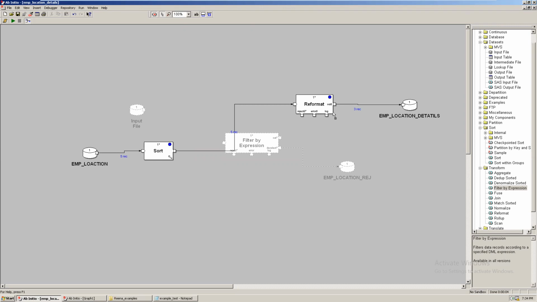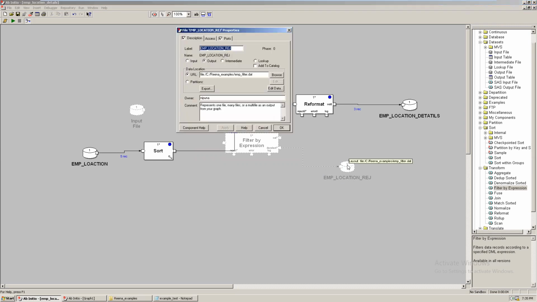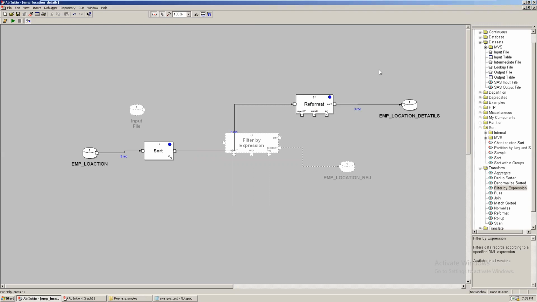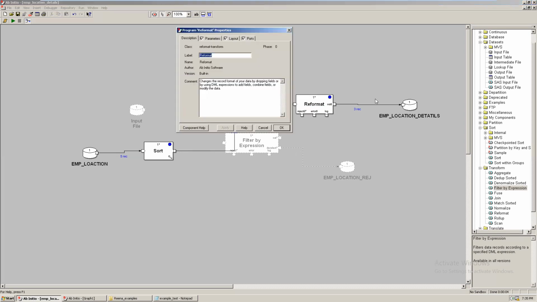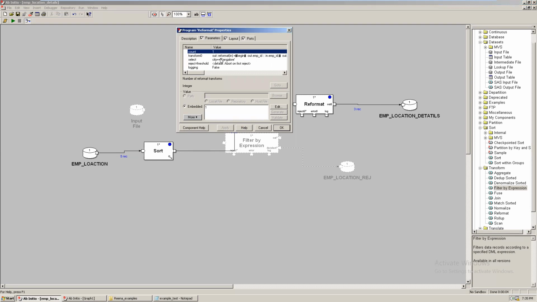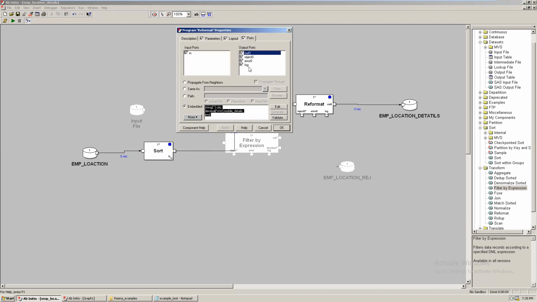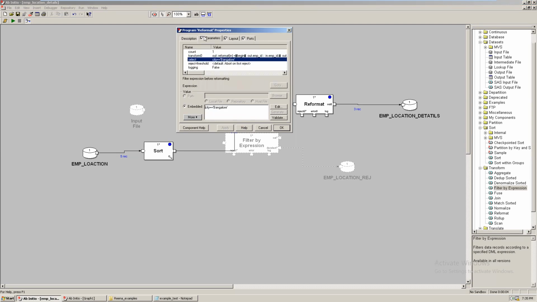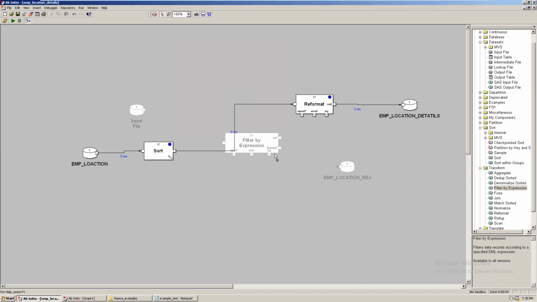So it loaded 5 records, right? Yesterday, how many records did we get? Yesterday we got 3 records, right? So that is the thing: we can use the filter criteria in select in the reformat component itself. But the thing here is, yesterday we captured the deselected records, right? So other than Chennai, if you see the data here,